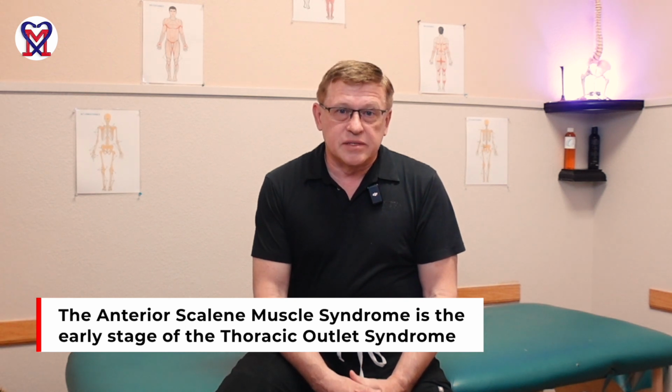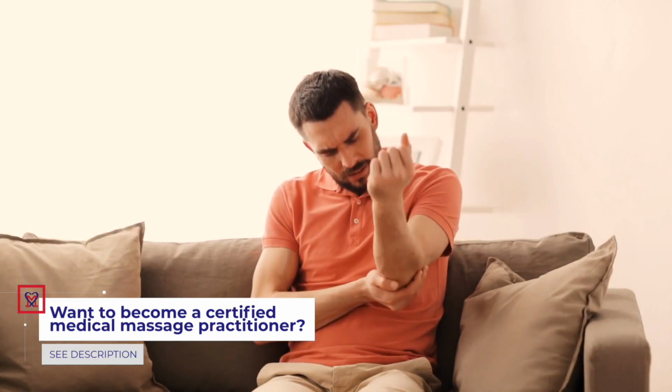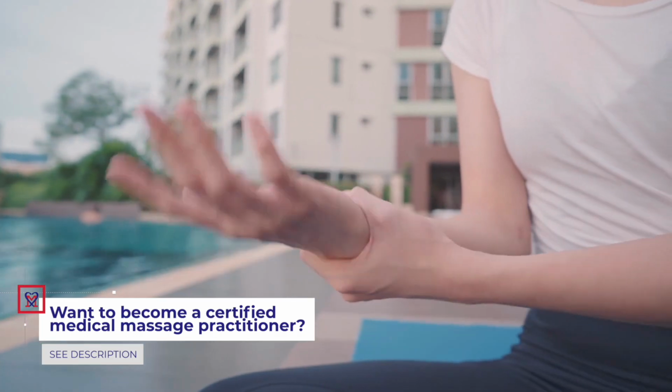Everybody knows about thoracic outlet syndrome as a very debilitating pathology, but the early stages of thoracic outlet syndrome are called anterior scalene muscle syndrome. And anterior scalene muscle syndrome in somatic medicine has the nickname silent killer. Why is that? Because anterior scalene muscle syndrome is actually responsible for all somatic abnormalities, starting from the headache to the arm, forearm, hand dysfunction, numbness, tingling on the pinky or carpal tunnel, to the chest pain, to the middle back pain. All these somatic abnormalities may be a result of anterior scalene muscle syndrome, which mildly irritates the brachial plexus and triggers all these somatic abnormalities, which can be misleading because then therapists treat abnormalities, but their consequence, they're not the origin